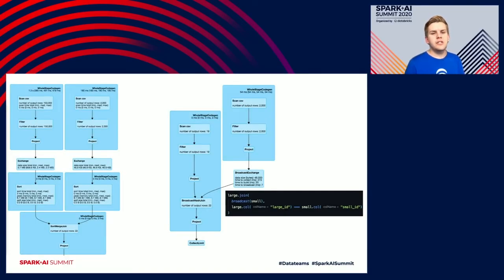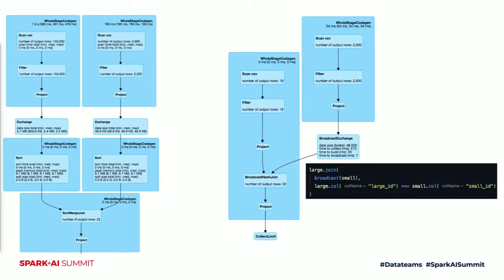So the first trick is to do what's called a broadcast join. How broadcast works is it takes the data frame and puts it on every executor. This trick is particularly helpful if you have a large data frame being joined with a really small data frame. And so in our example, you see on the right, we pull in 2 different data frames, and then